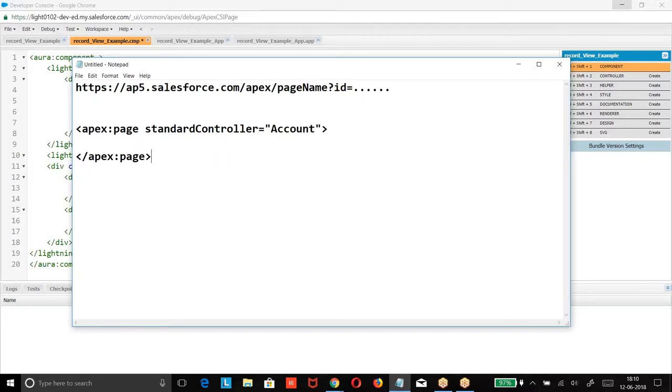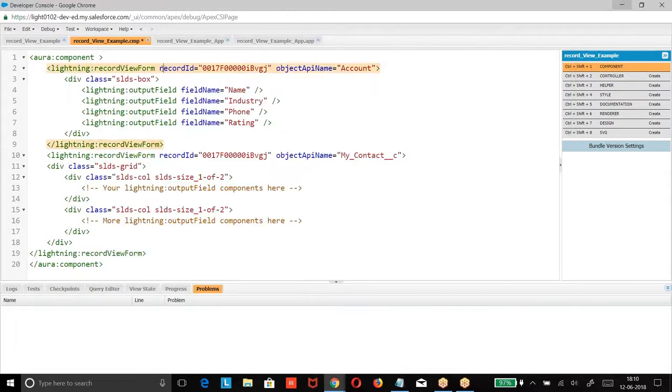I can perform an action called save and other things. If you want the data to be displayed, the ID of the record should be given. Is it the same like this? What is that? ID, standardController. What we are doing here? ID, object API. This object, this record, display the data. From this object with this record data, display the V.